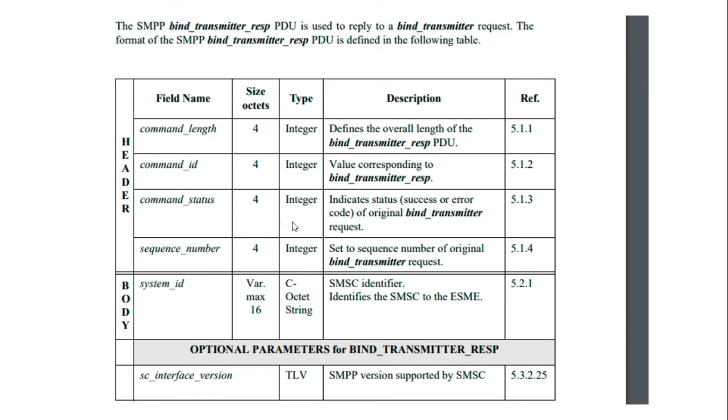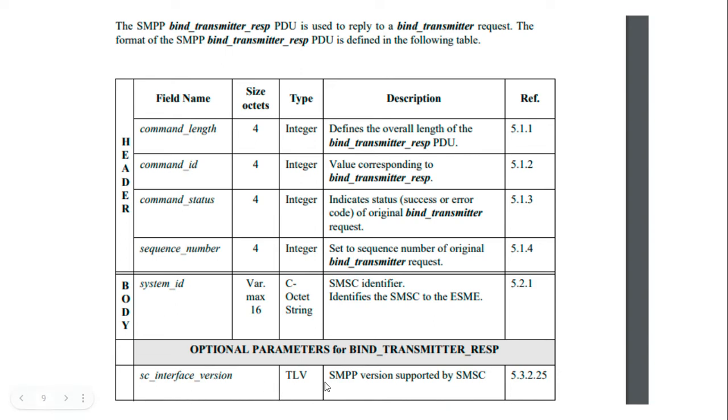Command status. What is the status? It is success or fail. This is what you will get in command status. Then the sequence number and the system ID that you pass in the bind transmitter request. And this is one